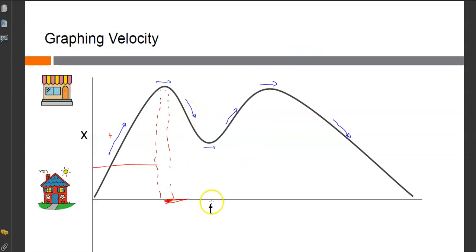And then it actually goes negative. So I'm going to draw this thing as dropping down into the negative region here. And it goes over to the point where he stops and thinks about whether he needs to go back and get the